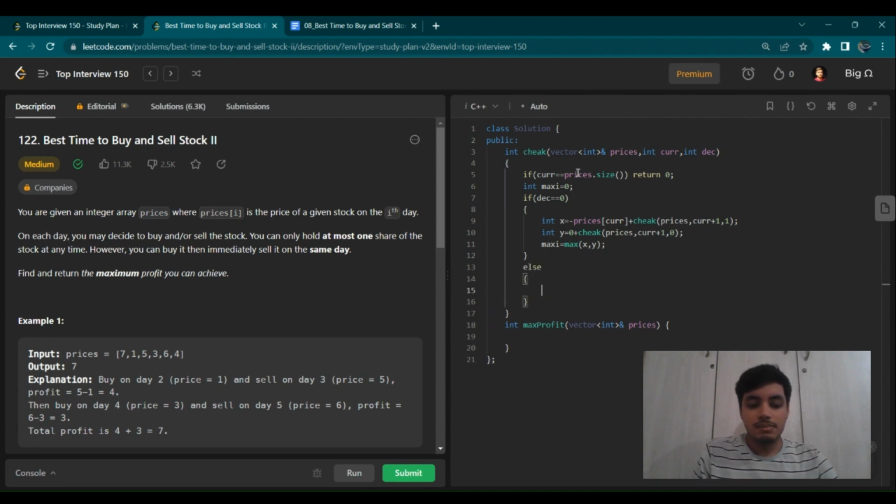In the sell part, similarly we have X. Now we have two options. When we have bought a stock, we have a stock, then we have two options: either sell it or not sell it. So now let's assume we sell it. Whenever we sell a stock, what happens? The price money amount comes to our account. It increases our balance. So we are going to do simply prices current plus,